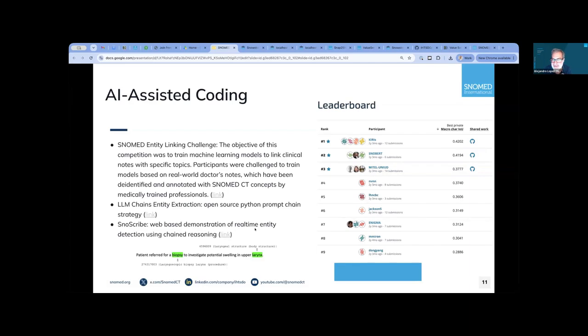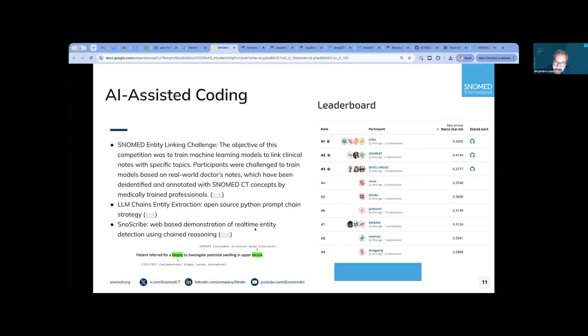And in this competition, there were the three first. The winners of the competition were the people with a higher score. There was a way in which each one of the companies could get access to the data, detect entities, and submit the entities. And then this submission was compared to the human detection. And these three companies, Kitty, Snowbird, and Mittel, were the ones that got the highest scores. And they use different strategies. And this is interesting because there's no single way to do it. But yeah, so these tools are available.